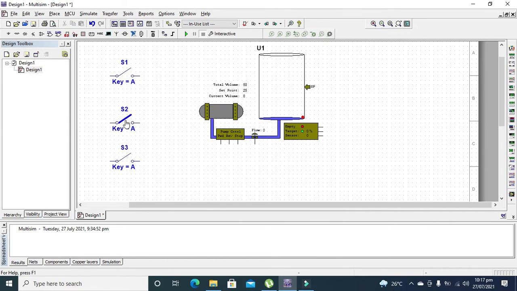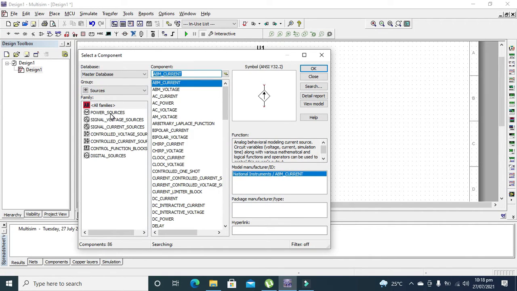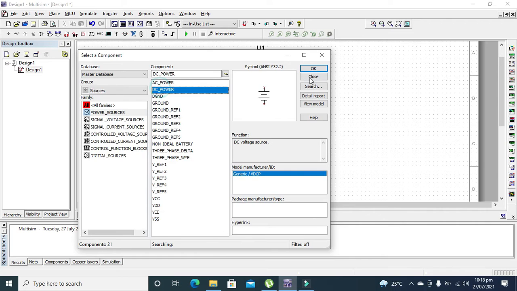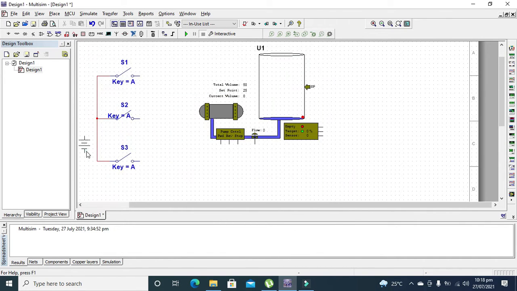One more thing to be mentioned: we need to connect these pins on one side with one another and give 5 volt DC to all these pins. So power sources and DC power. We will connect it like that.